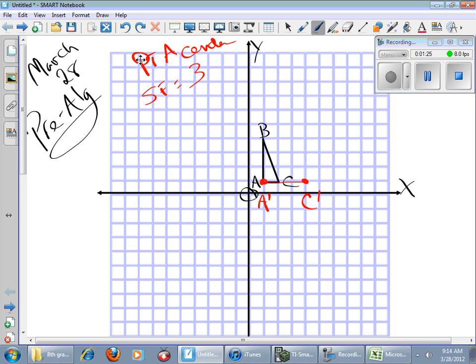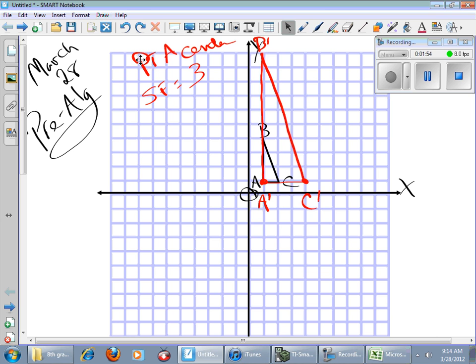All right. A is not going anywhere. AB is 1, 2, 3 long. A prime B prime will have to be 1, 2, 3, 4, 5, 6, 7, 8, 9 long, and there's B prime. And then all I have to do is connect B prime and C prime, and there we go. All right, my triangle should be 9 times larger, not 3 times, because the base and height each increased by